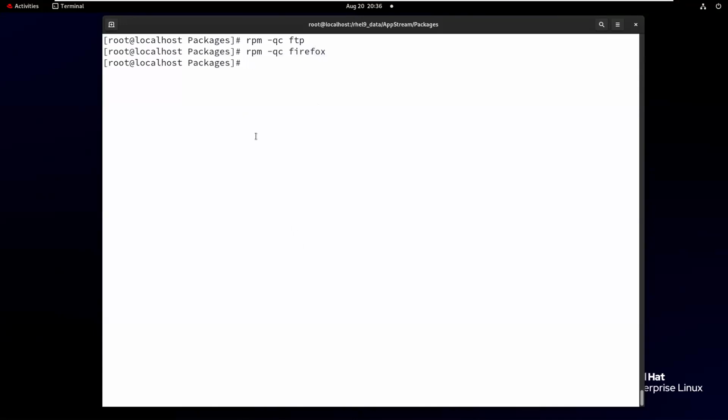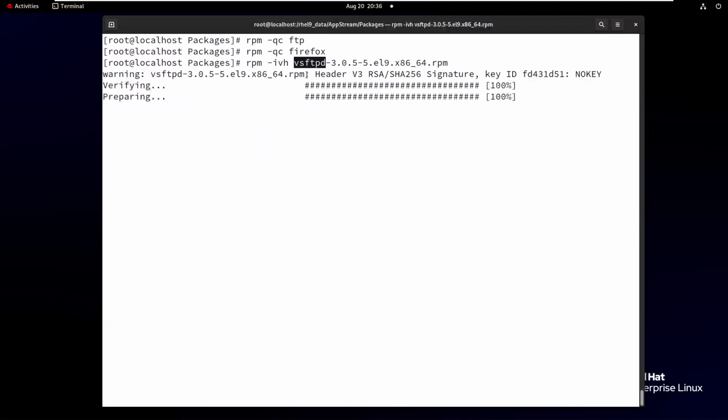No configuration files. Okay, let me install another package. rpm -ivh, the package name is vsftpd. This FTP is a client package. That's why there are no configuration files. But vsftpd is a server package, the very secure file transfer protocol daemon. If I enter, vsftpd